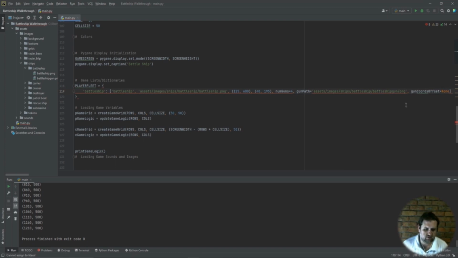Right, and the gun coordinates offset. I had to sit and work this out on my own in order to get the gun turrets to sit correctly on the ships. I did this a lot off screen while I was creating the program the first time. So through a lot of testing and a lot of painstaking hard work, the coordinates I came up with for the offset were